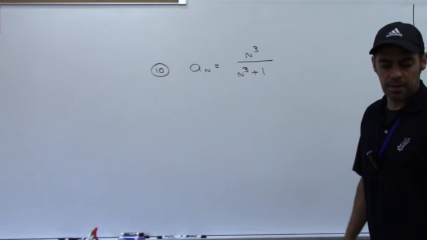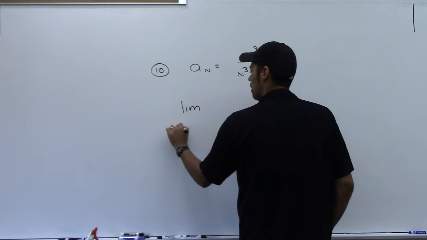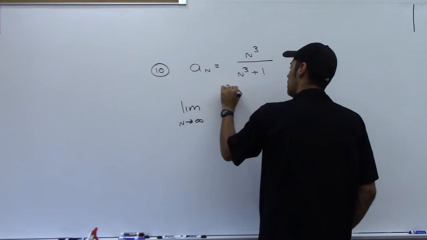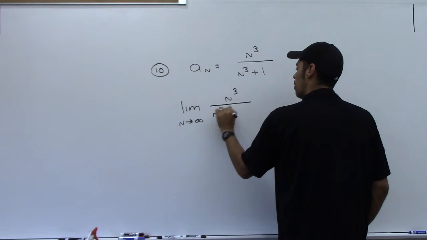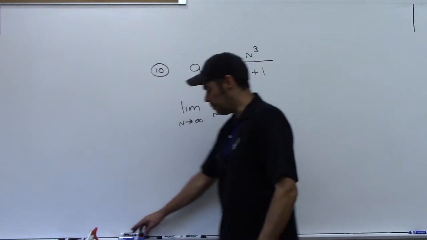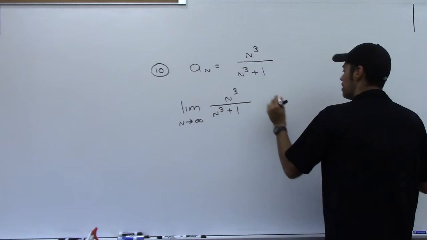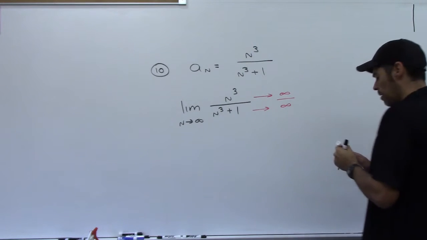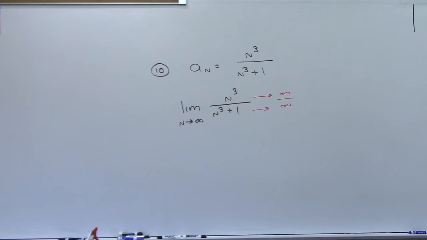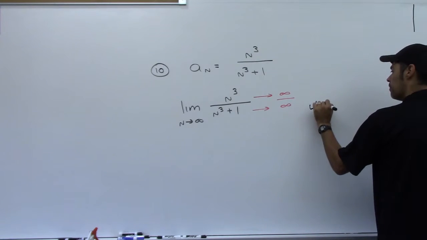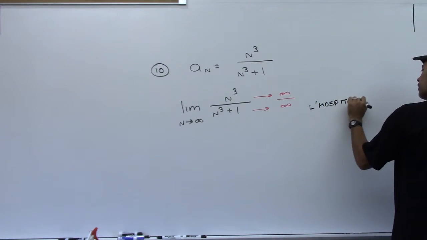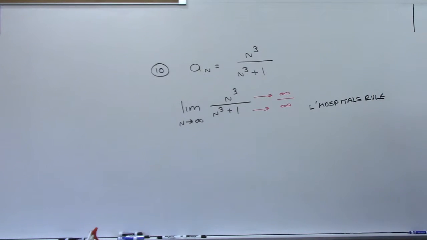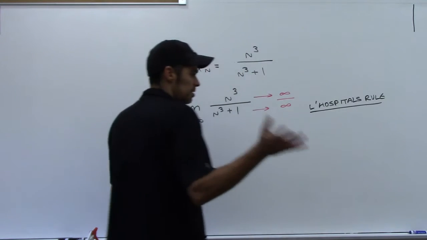All right, so what happens here if we take the limit as n goes to infinity of n cubed over n cubed plus 1? Well, the top is getting bigger and bigger and bigger, right? The top is headed to infinity, and the bottom is also headed to infinity. And whenever we had that back in Cal 1, we used something called L'Hopital's rule. You can go look that up on my videos for Cal 1 if you need to, a review of L'Hopital's rule. But the problem that we have is that to do L'Hopital's rule, and I discussed this in my lecture,